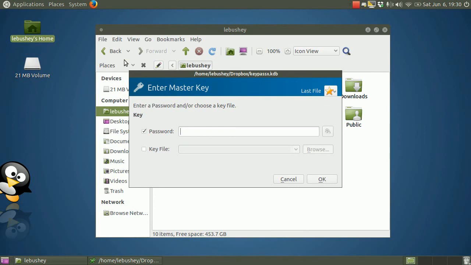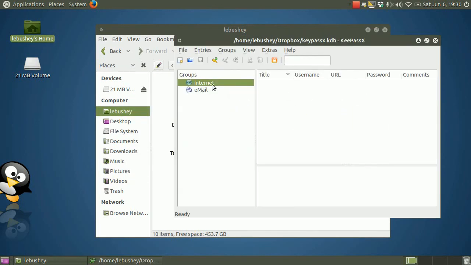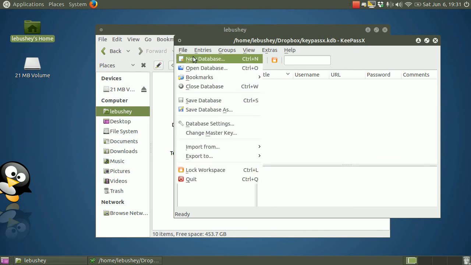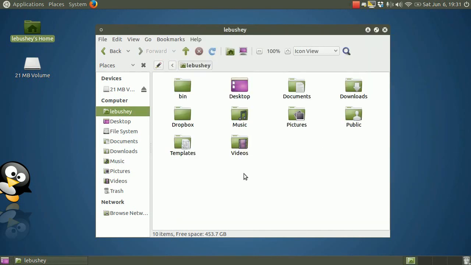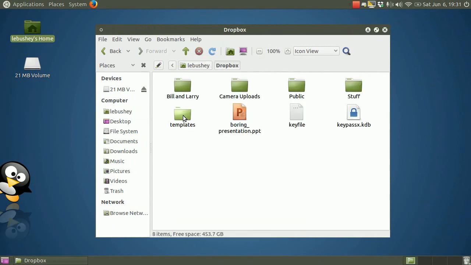Enter the master password, and when we open it, KeePassX opens the database that currently resides in the unencrypted Dropbox folder. From the menu, we could create a new empty database, but that isn't exactly what we want. We want to move the existing database containing all the passwords, then open it from its new location. Let's do that. After closing